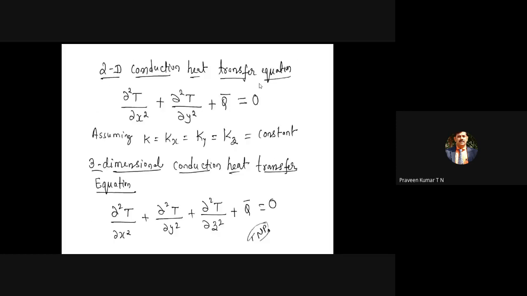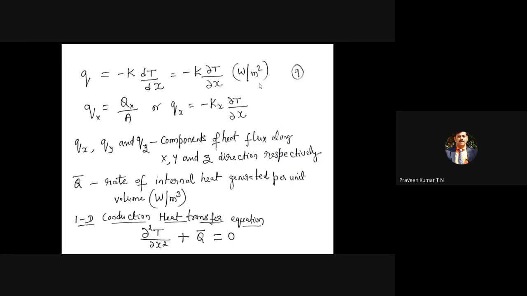In a similar way, we are talking about the heat flux terms, so you have to derive one small equation for three-dimensional heat flow also. That's why we have Qx, Qy, Qz, which refer to the components of heat flux along the x direction, y direction, and z direction respectively for three-dimensional heat transfer.